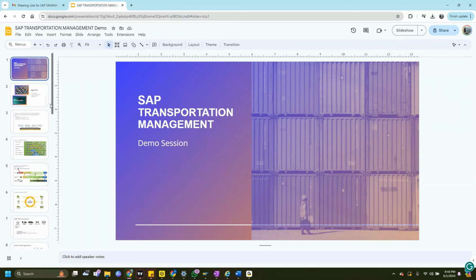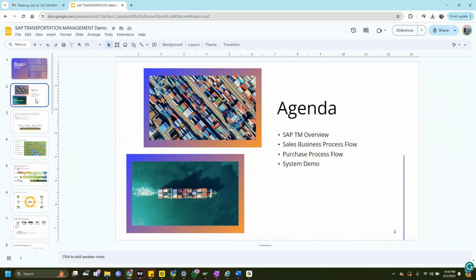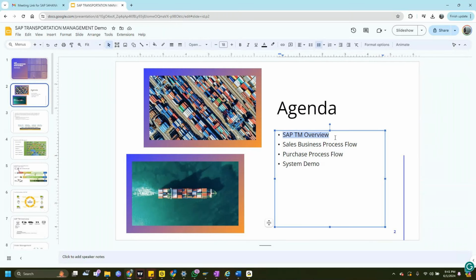Yeah, so we are coming to the demo session, right? The basic understanding of the demo session would be: what is SAP TM? How does it go through? What are the key integration modules with the various systems in and around, like MM, GTS, EWM? TM is surrounded by multiple systems and it's heavily integrated with multiple modules as well.